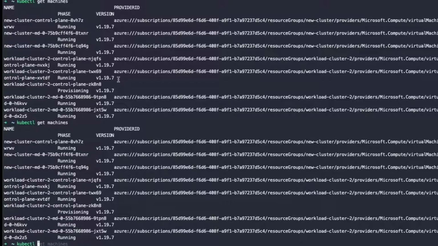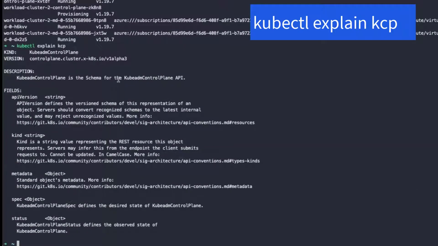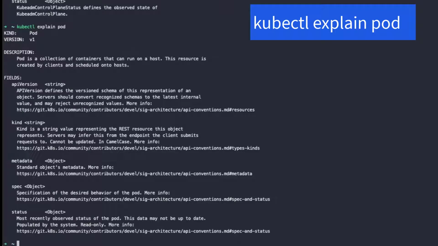But I think it's the same as Kubernetes pods and deployments. You have to understand how the deployment spec works in order to configure your deployments and create new deployments, etc. One really useful thing for this is kubectl explain. I don't know if you're familiar with it, but you can basically describe any Kubernetes object. So you can also do explain pod, and that will give you all the information about the